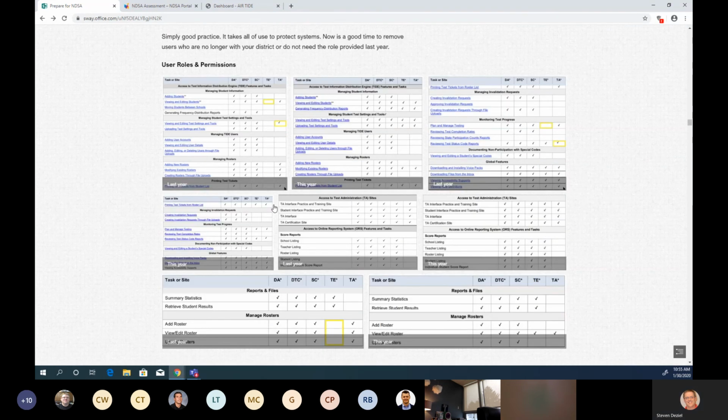So what you're seeing in front of you right now is the user roles and permissions. I want to explain this before we go through TIDE a little bit, just so you have some understanding of what that consists of. I left these the way they are. I included the way it was last year, and I put in what it looks like this year, because there's